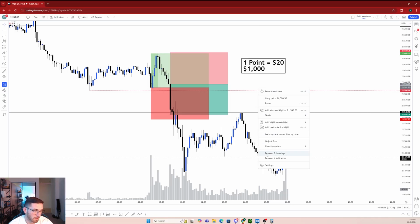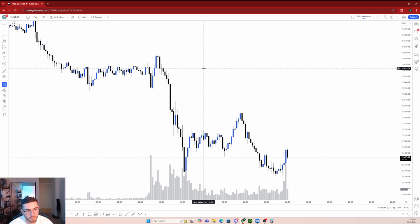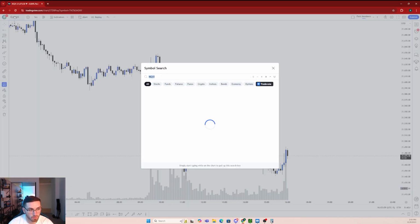Now, here's the thing that you have to keep in mind when trading the NASDAQ futures. Yes, these candles are very attractive if you catch the right side of the market and you were to catch those 50 points, but you also got to keep in mind, what if the trade starts to go against you? And that's why risk management is so important. Now, I do want to talk about how risk management comes into play here in a little bit, but first